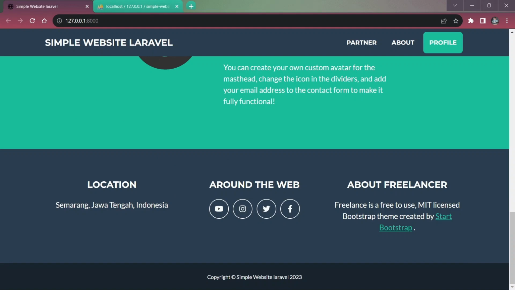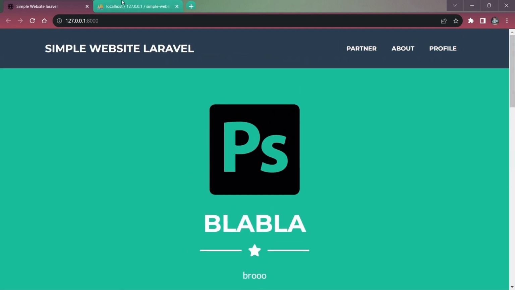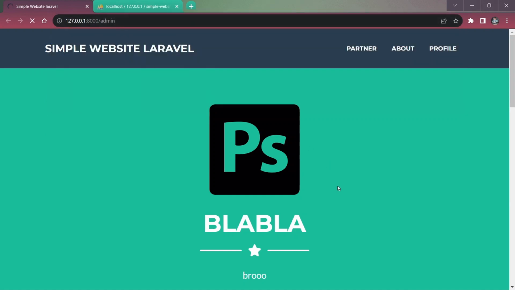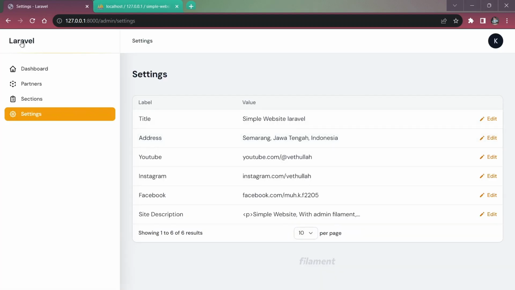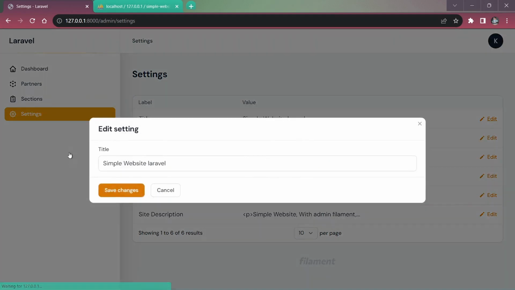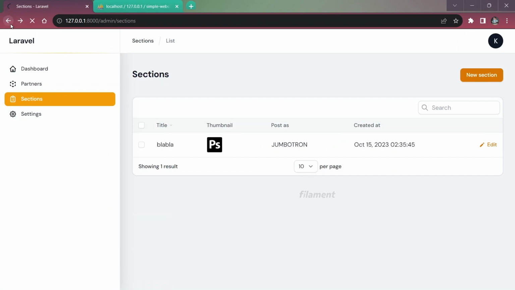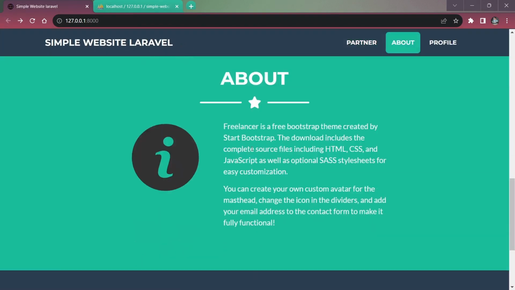So if you want to change all of this, you can simply change the database from here or from the admin page, in this section, settings menu, and yeah, from this button here, just like we did before. Let's get back to the website,